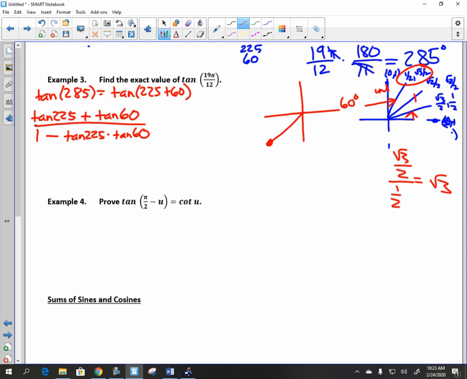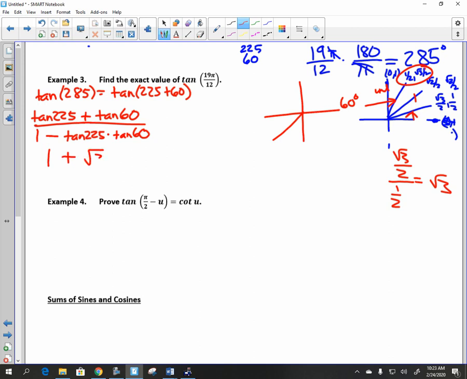Anybody? We got negative root of 2 over 2, negative root of 2 over 2. And so we're going to divide those and we get 1. So yeah, the tangent of 225 is 1. Good. So let's write it out. Tangent 225 is 1